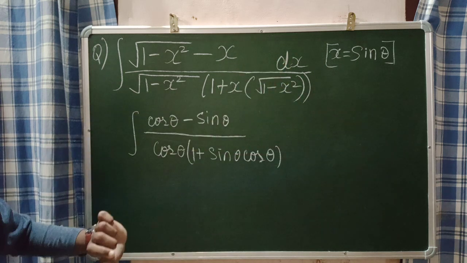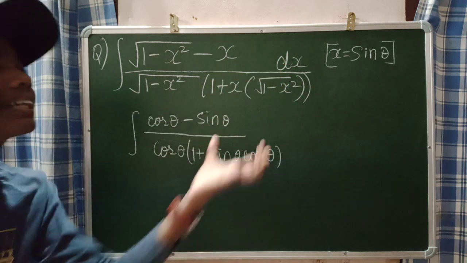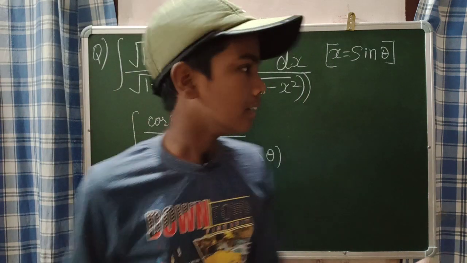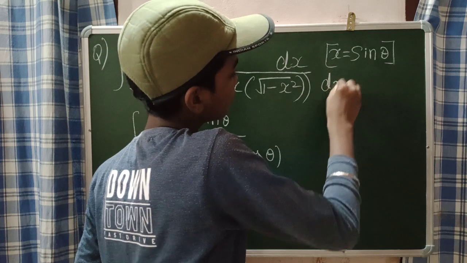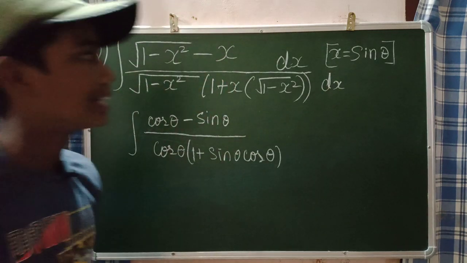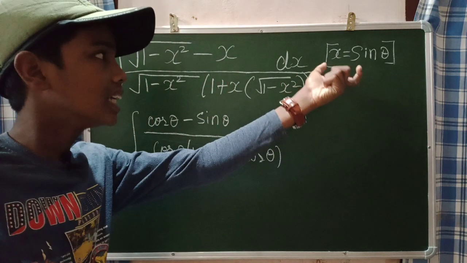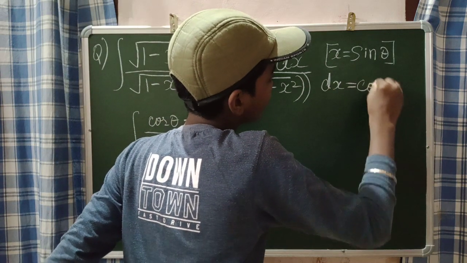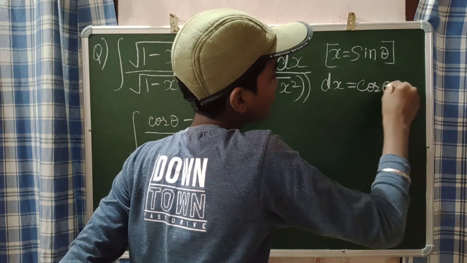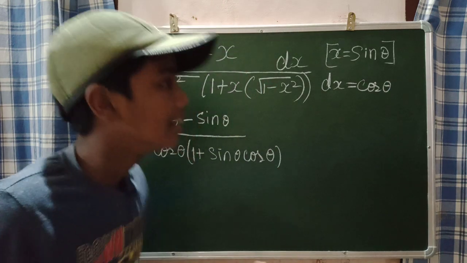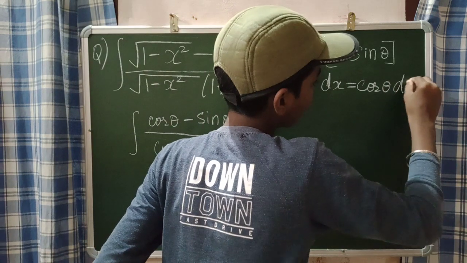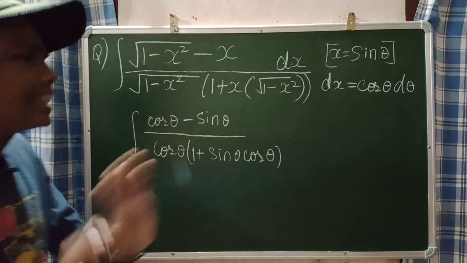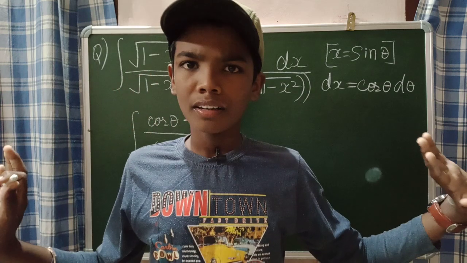What will be dx? Your dx should also vary. If you put x as sin theta, or if I am putting x as any expression, your dx should also vary. How will your dx vary? Very simple, guys. If x is sin theta, then dx will be the differentiation of x, which is the differentiation of sin theta. What is the differentiation of sin theta? That is cos theta. A simple formula. Not only that, then d theta. Don't forget this d theta. What most people will do is put x as sin theta and write dx as cos theta. That is not correct. Where is d theta?